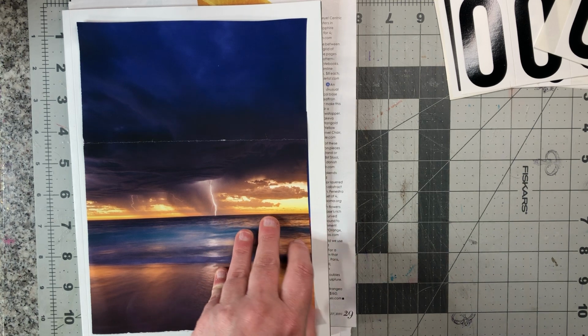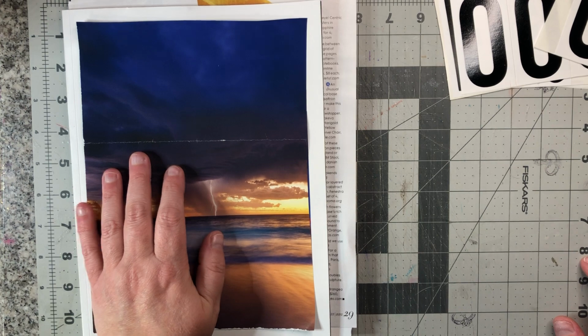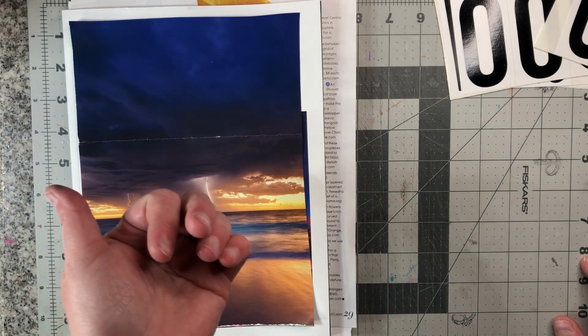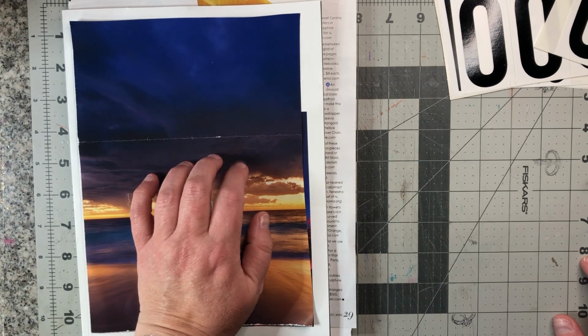And I've been recently inspired by my friend Mary Ellen at Red Parrot. We've had some quote-unquote conversations via YouTube comments, because that's where we have most of our conversations. I've been inspired to just really play and to get back to my art journal, and I have a couple of different projects that